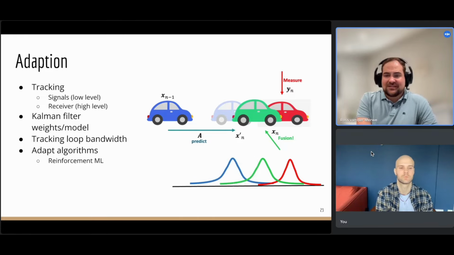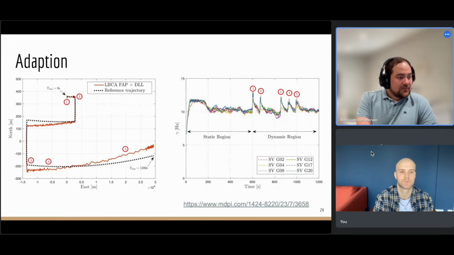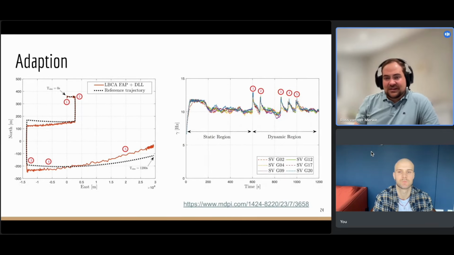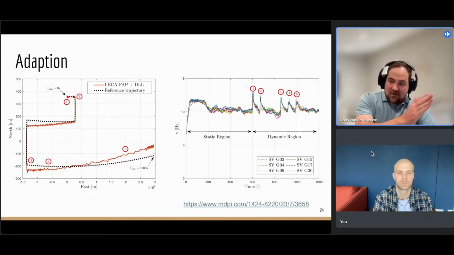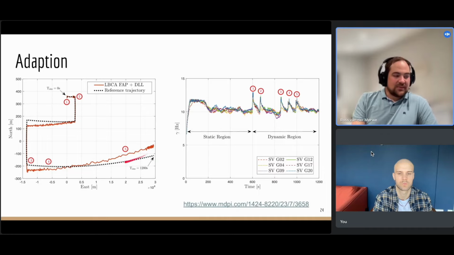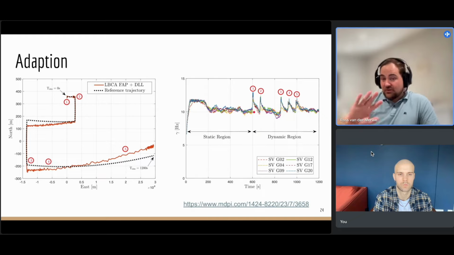And here I have a great example. This is from a paper one of my previous colleagues wrote, Inigo Cortez. And what he's doing here is he's got a very rough path. He starts with the receiver, and then he just runs in one direction and then does a 90-degree turn in the next. And he does as difficult as possible dynamics and sees, can I still track my dynamics as well as possible? Now, the first 600 seconds, he's not moving. So this is where he's basically on 0.1. And then he just starts running and changes all directions.